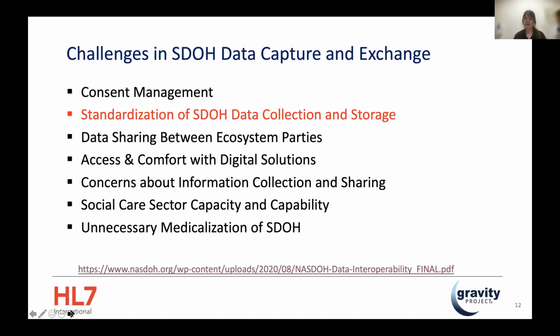As the US particularly has moved to address social risks in clinical settings, there is an increased burden on the community-based organizations that have been doing this for a long time. And are we developing the infrastructure to support that work in the community, driven by the community, who will help us solve the problem? That's an ongoing question in the US space, at least. And then there is a pushback on possibly the unnecessary medicalization of social determinants of health, like what is clinically relevant, what is community-based, and how do we make sure that we really are centering the patients and communities in our work, as Dr. Pinto spoke to.